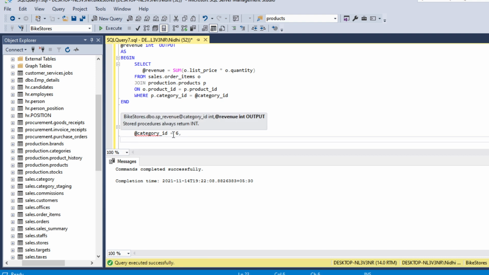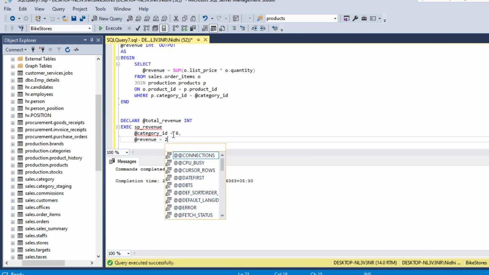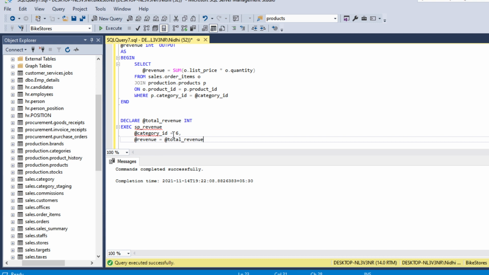After that we will write revenue is equal to @total_revenue, which is our output parameter. And after that we will select our total revenue as total revenue.